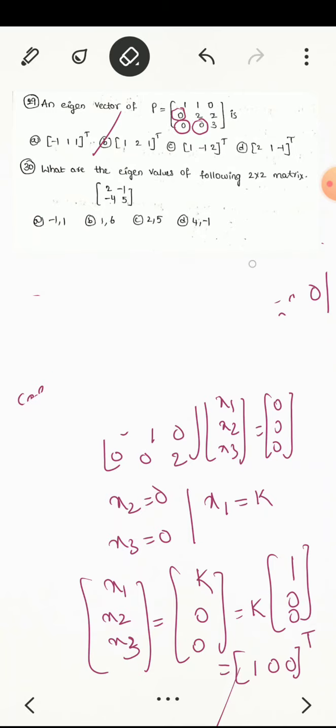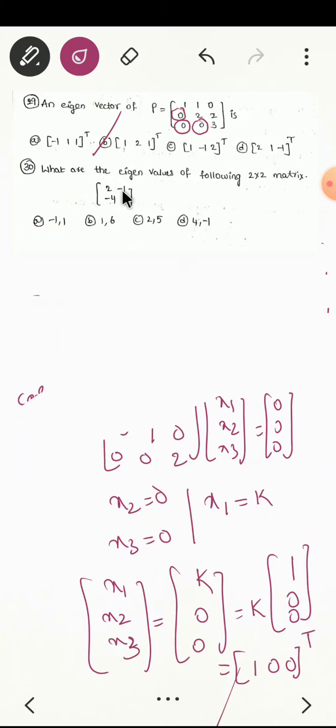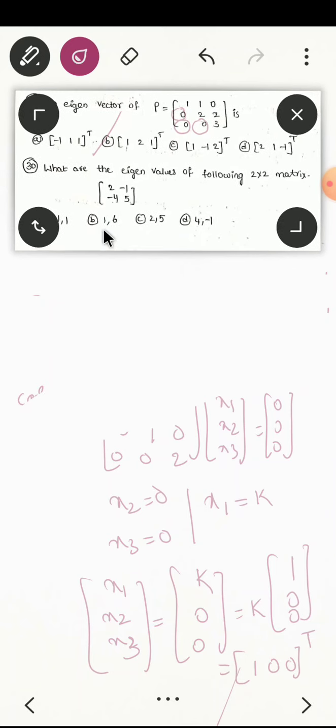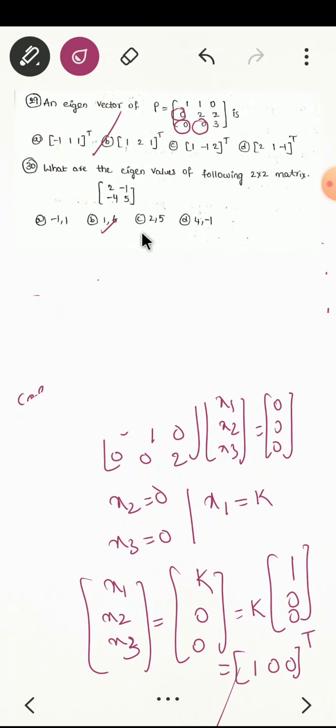Okay, next, problem number 30. It is a very easy problem, I can do it here itself. What is the trace? Trace is 7. Which value gives you 7? This is one option. This is also one case. This won't give you 7, so I will just eliminate these two. Then again, determinant. What is the determinant? 5 2s are 10, 10 minus 4 is 6. 6 1s are 6. So this is the correct option. If we take 10, we will get the product, but we should get 6. So option B is correct.